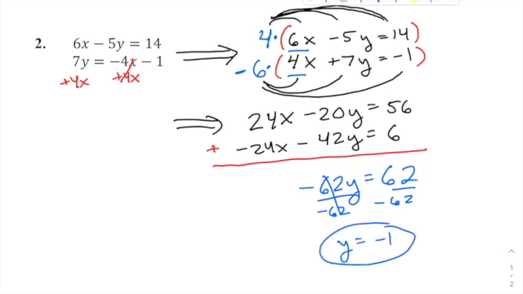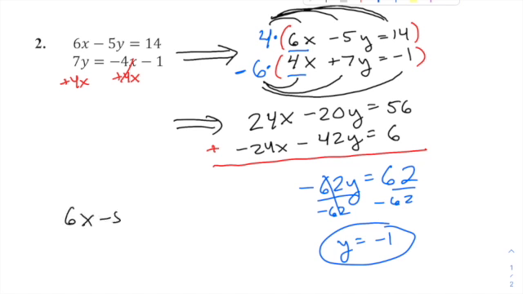There we go, and now let's solve for x. So I'm going to plug this -1 into one of my equations. It could be one of the two original ones. It could be one of the ones that I made after I multiplied. It doesn't matter, because they're all true equations that I'm working with. I always like to go into one of the original ones, though, so the numbers are smaller. So I'll go into that first equation,